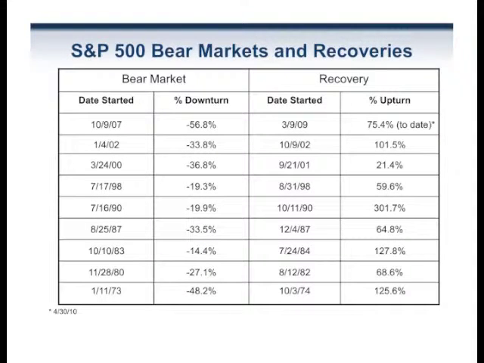So where do we go from here? This chart shows bear markets and recoveries. And you can see that the bear market that began in October of 2007 was one of the most severe bear markets we've had. The S&P declined 56.8% from the peak in October until it started turning around in March of 2009. Now, when this chart was done, we were up a little over 75% through April 30th. Now, May was a tough month in the market, the fear of decelerating growth, so we've given up about 12% of that. It was the first correction we've had since the market turned around in 2009.